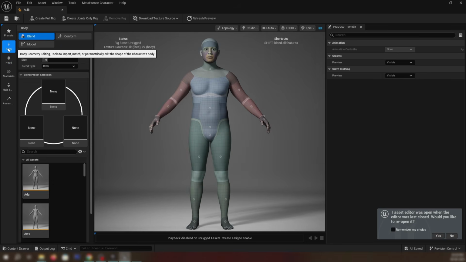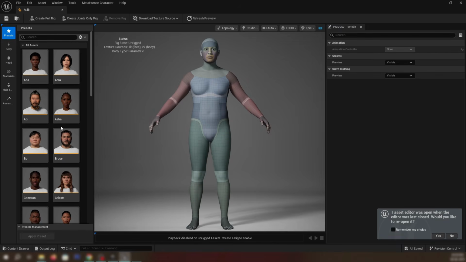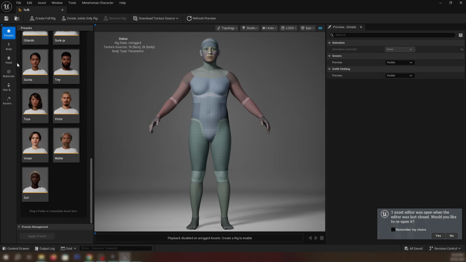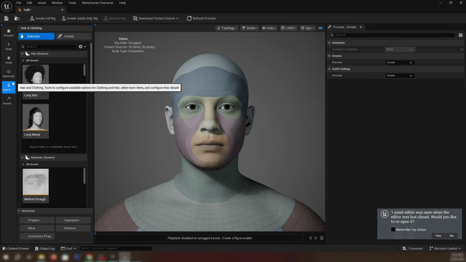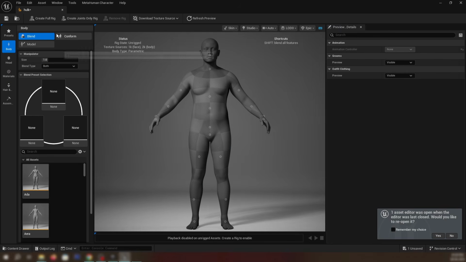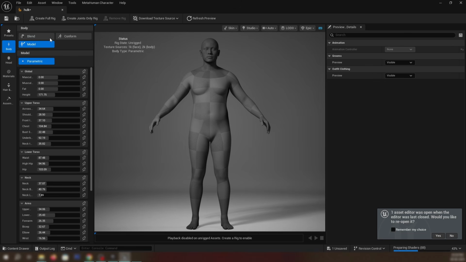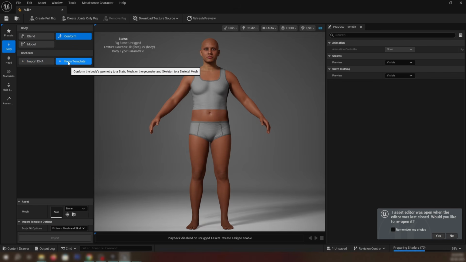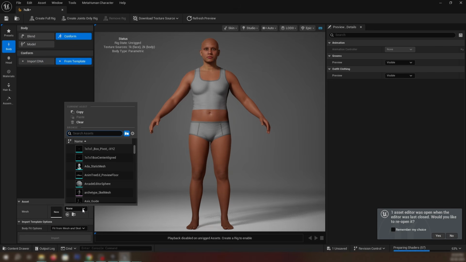This is the basic thing you see right now on YouTube, that everyone is showing the custom character which we can create over here, sculpt and everything. I'm going to replace the body and the head with what I created. So this is the process if you have your own.